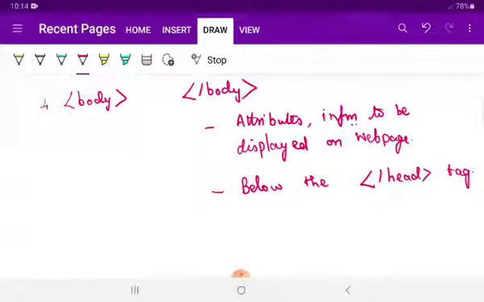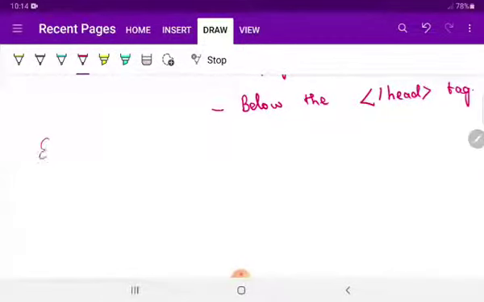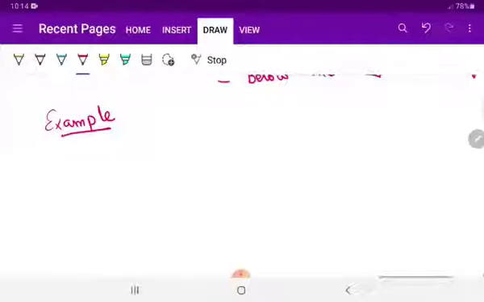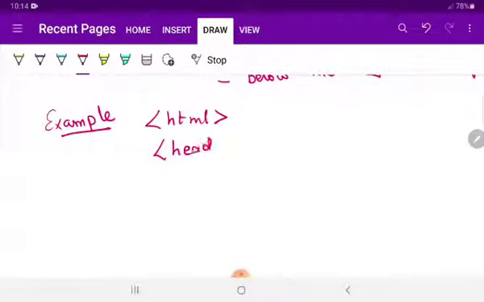So before concluding, we can have a small example. This is your example program. Here I am going to have a sample program only. Just now I told you people, always HTML begins with the HTML tag. So I have written the HTML. After this, you people will be having the head part. So head. In between you people are going to have the title.